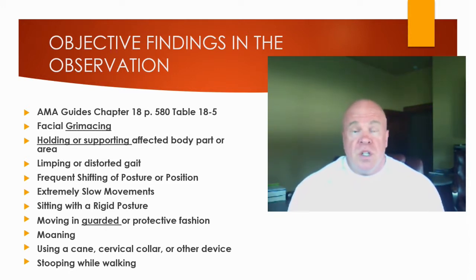Well, that's open to discussion, but let me ask you, could an injury to the spine cause an examinee to employ facial grimacing if pain was sparked in that area of the spine wherein they suffered industrial injury? I think it could. What about the upper extremity? Could the examinee employ facial grimacing if pain was reproduced in an upper extremity injury? I think so. Probably lower extremity as well. Would you agree? So facial grimacing is sort of a general pain behavior that can be present in a wide variety of injuries and a wide variety of conditions.